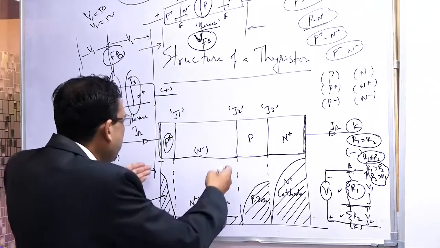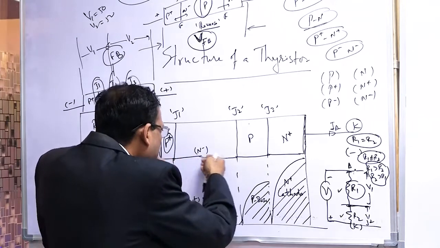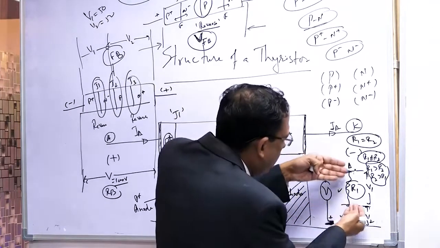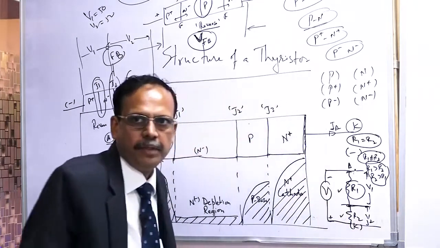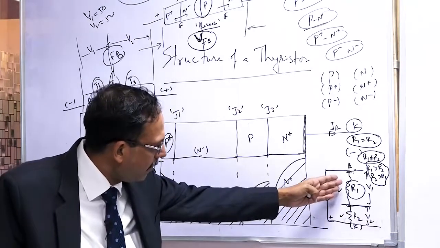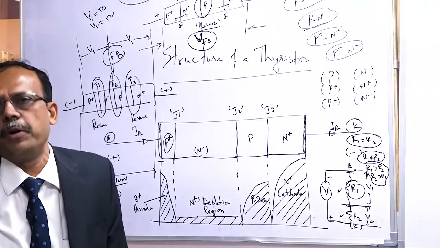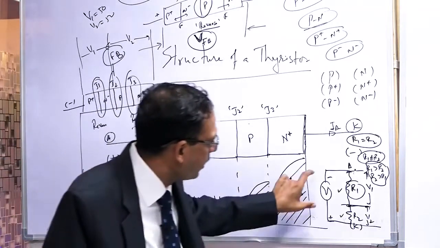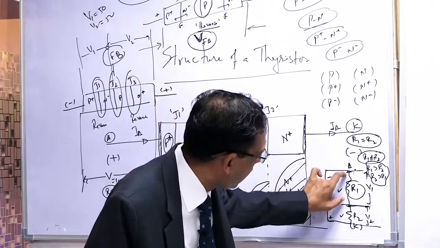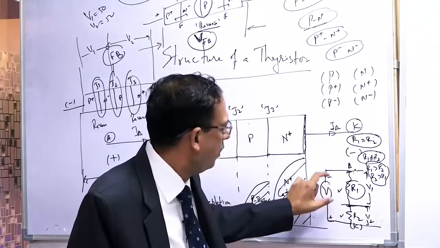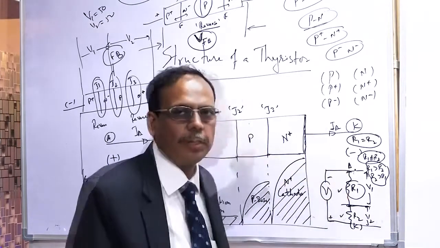Because this has a larger depletion layer, so it is acting as a stronger insulator. So more resistance will be there here, and less there. That is why R1 is going to be more. So which voltage will be more? V1 or V2? In an electrical circuit, when the voltage is applied and there are two resistors, R1 is more and R2 is less, across which will the voltage be more?